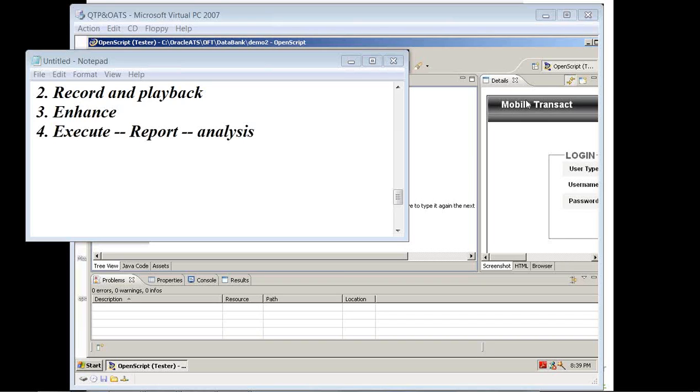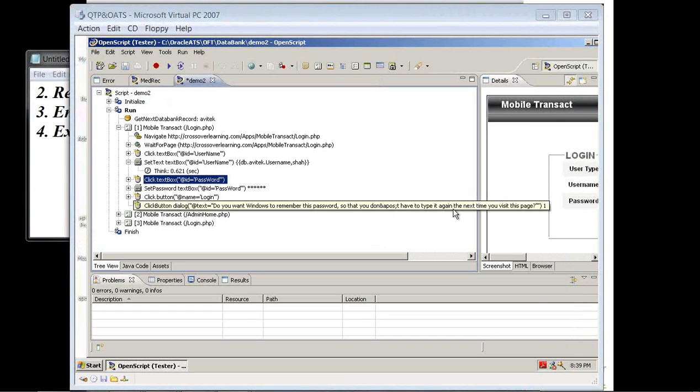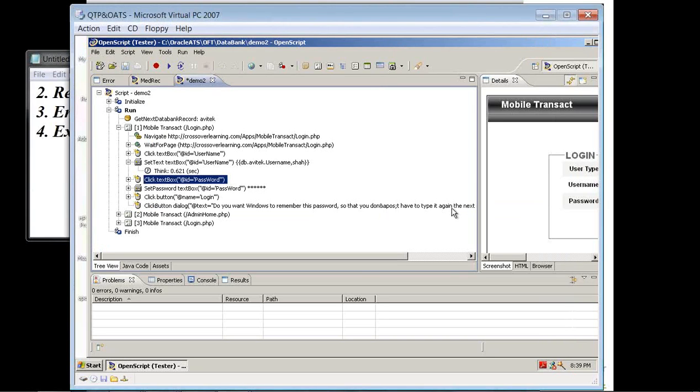JBoss and WebLogic, fine. As I see here, it is a component, a module of Java itself. So it will definitely extend the support, because I told you, basically the OpenScript, the entire OATS application, is developed based on the Java platform.